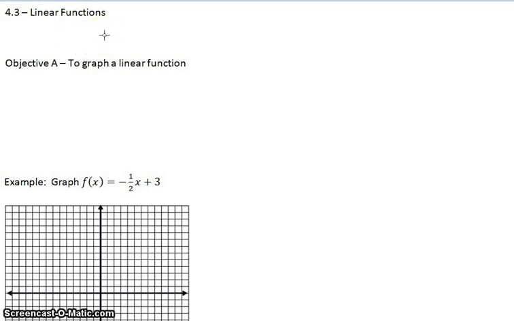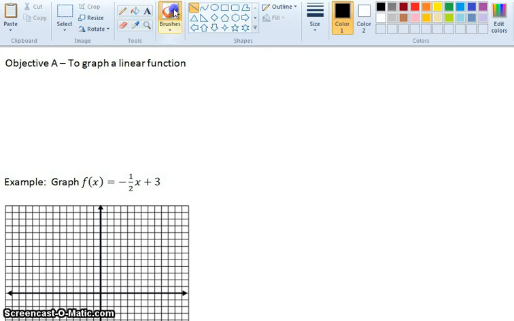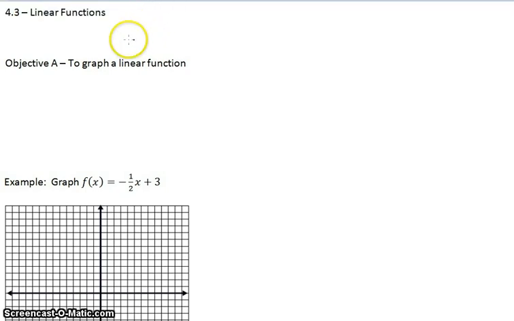So what we're going to talk about in this section is how you graph linear functions. Throughout this book, we're going to talk about how you graph certain things. But the first thing that we need to talk about after talking about graphing ordered pairs is how you graph a linear function. And the main thing that you need to know about how you graph a linear function is that you need